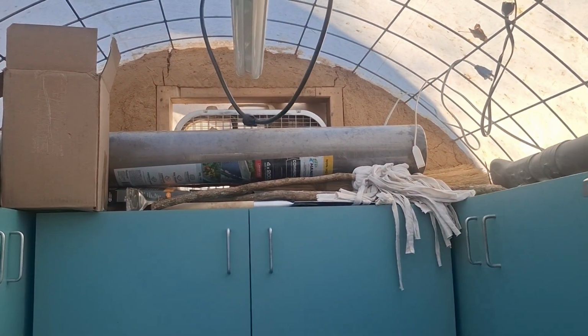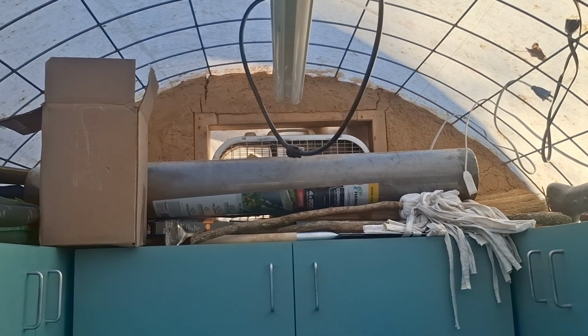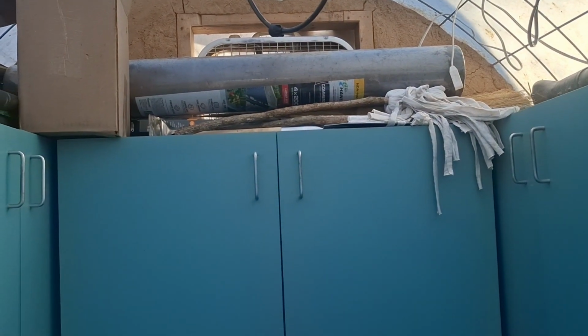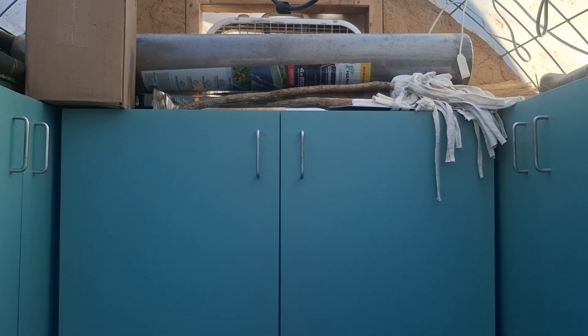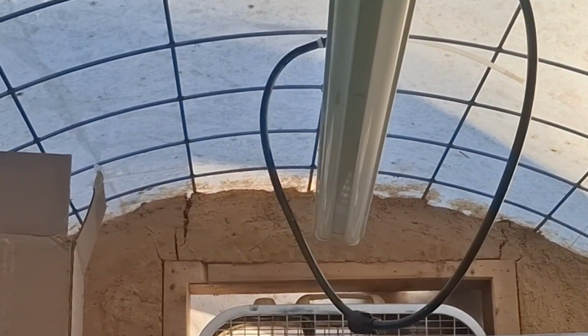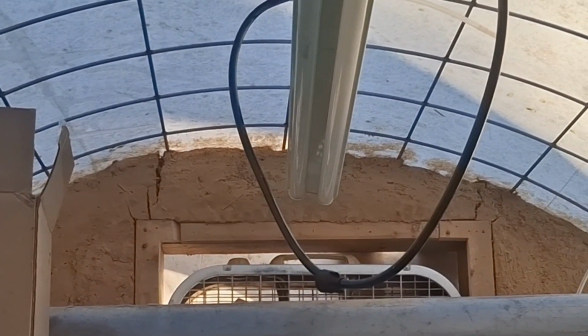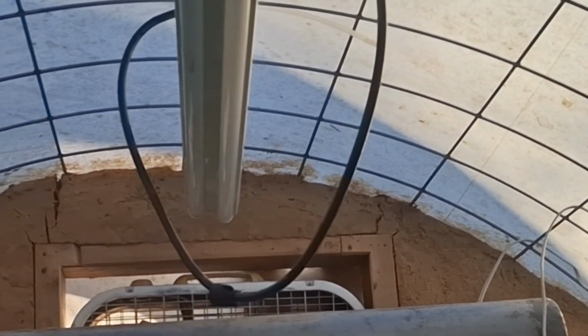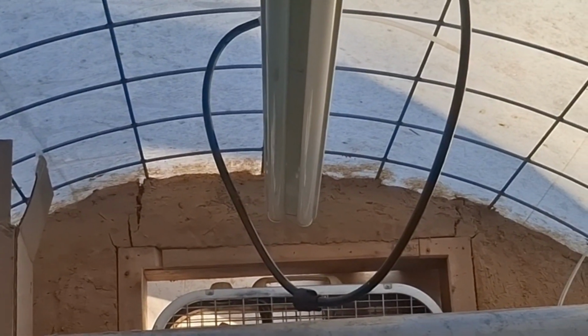So now you can see in the back, and I'll take you all the way to the back. There is a fan built in. There's also another glass block set, a couple of them under the fan. And you can see at the top there's a pretty bad crack. It's not structurally a problem, but I had 2 weeks to get this done, so I really rushed. You can't rush cob that much, and I rushed it too much,